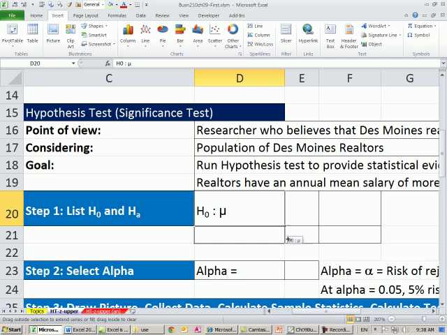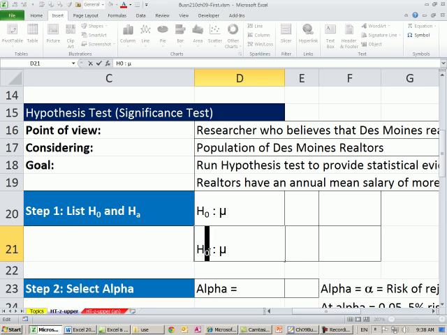And I'm going to copy it down, and I'm going to cheat, and I'm going to change this to an A. Now, this is how every single hypothesis test we're going to do, one tail to the right, one tail to the left, two tail, is going to start off like this. And then you're going to have to decide the comparative operators. And then these two things will always be our